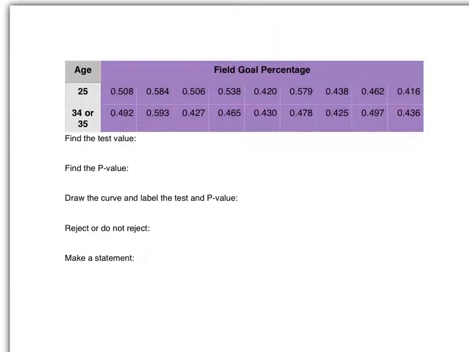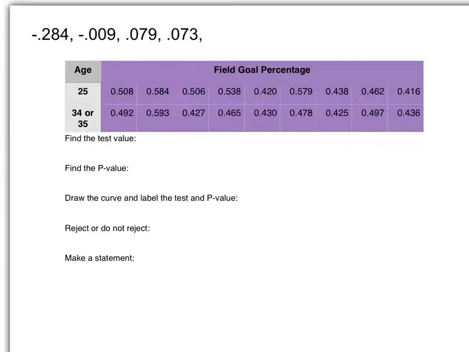Okay, so here's the problem we're dealing with, and since we're testing the difference between two means, we basically want to put it in one list in the stats list editor, and we do that by subtracting the first group from the second group to just get it down to one group. So I'm going to give you those values that come out to be negative 0.284, negative 0.009, 0.079,